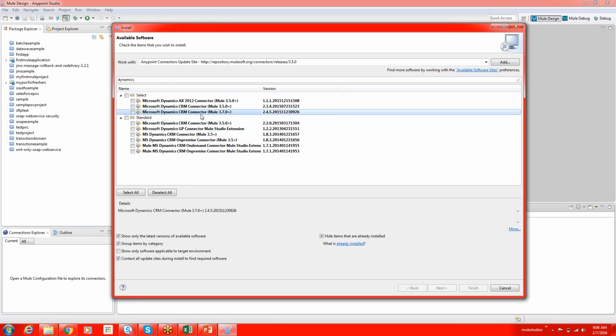If you observe here, it is running on 3.7, 3.5. So if you download this one, it is developed on the 3.5 runtime, but it may not run on 3.4. If you download this one and you are working on 3.6, it will not work out. So when you are downloading a connector, you also need to make sure of the associated Mule runtimes. If you are working on 3.6, you need to make sure that this is the suitable